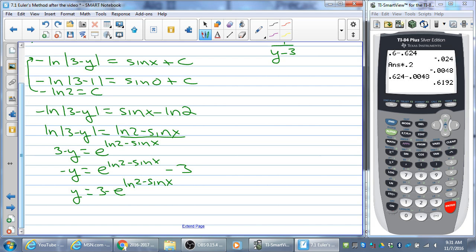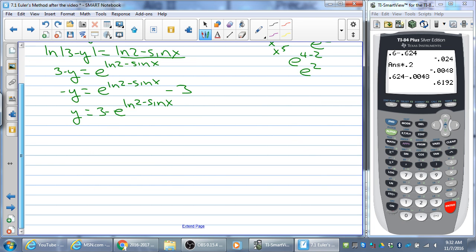But isn't x squared times x to the third x to the 2 plus 3, right? That's x to the fifth. And then if we had e to the fourth over e to the second, let's say, that would be e to the 4 minus 2, that'd be e squared. So you add and you divide. So isn't this y equals 3 minus,